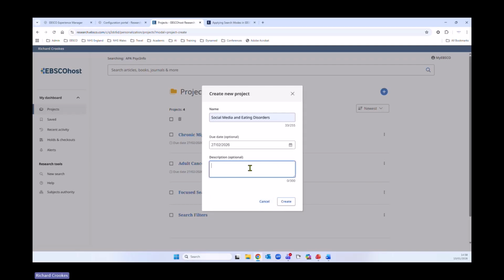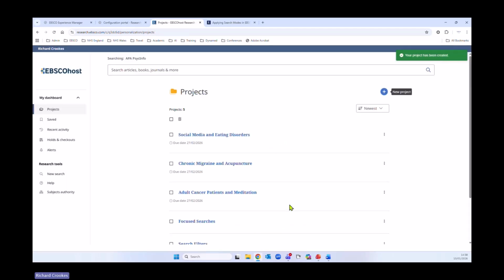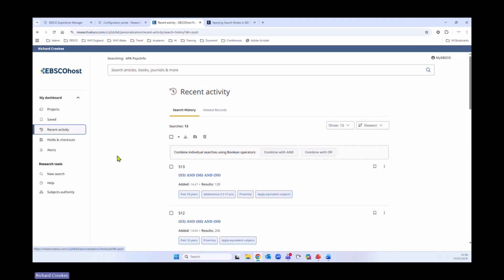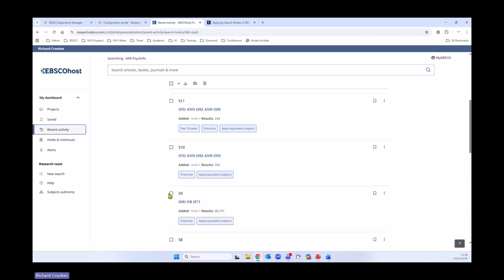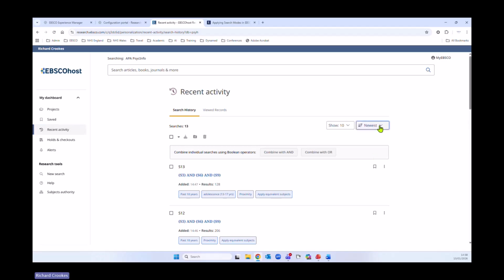Maybe it's for a particular user, a group of people, mental health professionals, and so on. You can add that information. So this is only available to you, only accessible to you through your personal EBSCO login. You create the project, and then once you've done that, you can add items. Now, one thing I mentioned also, recent activity is also recording the search history. So you can see here, the search history is also recorded here, and I can resort this